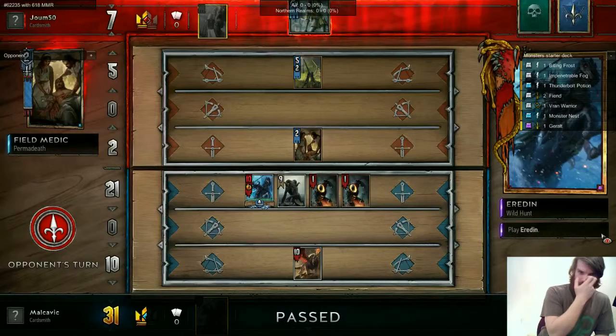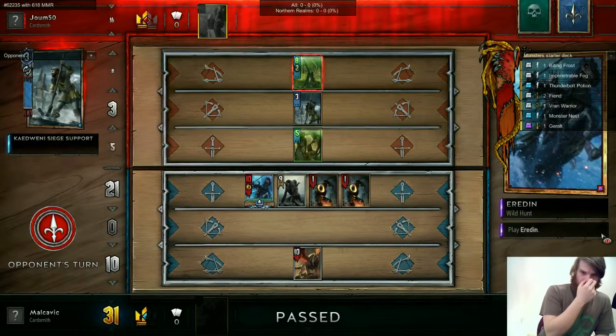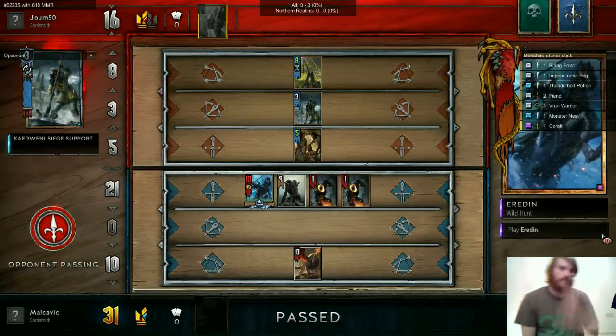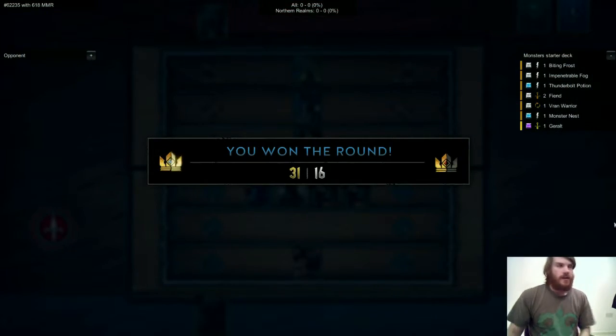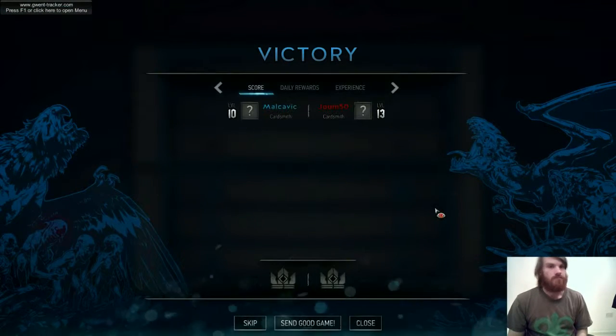What do you want of me? You gave yourself a chance. What do you want? I genuinely can't believe that. It was unlikely to happen, I suspect. Anything other than Eredin probably would have done that. Mind you, you won by 15, so...